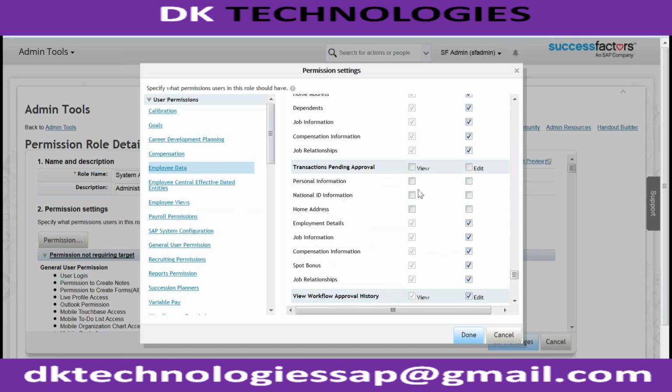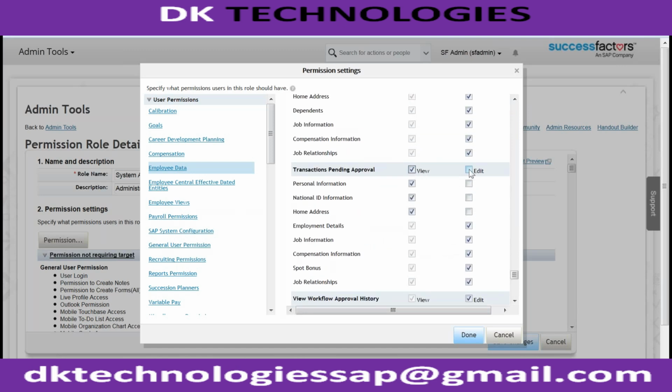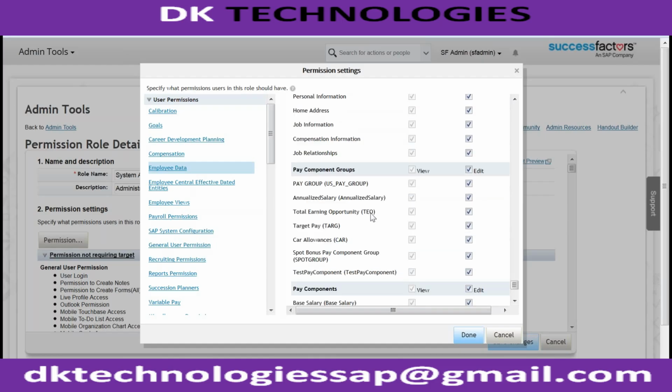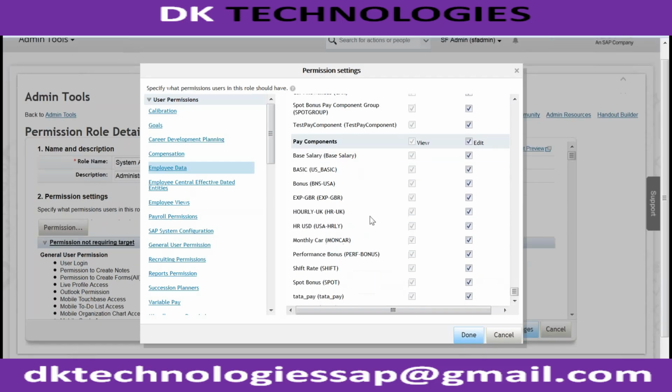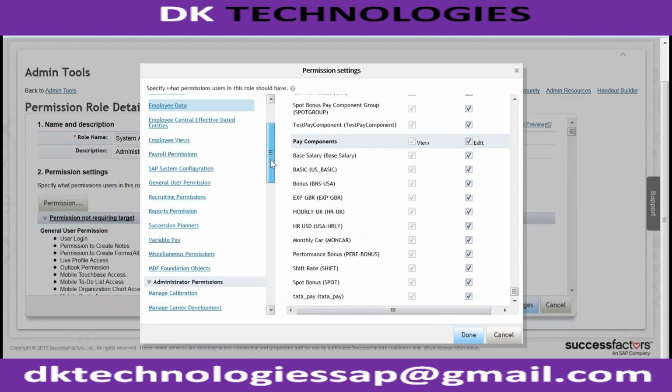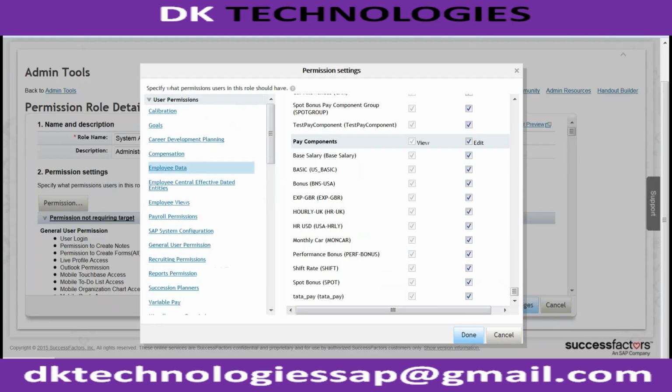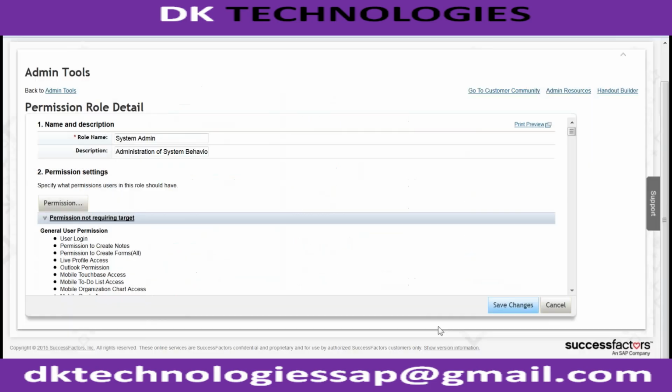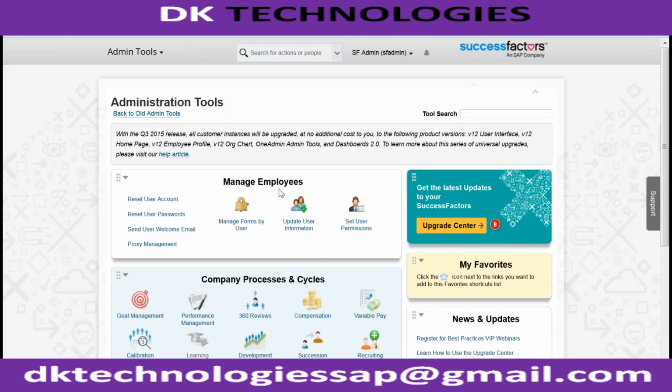Yeah, you can see the employment details and your global assignment details. All these things, guys, it's already selected. Some of those things which are not selected, let me select all those things. Yeah, you're good, guys. Let me save this. Okay,